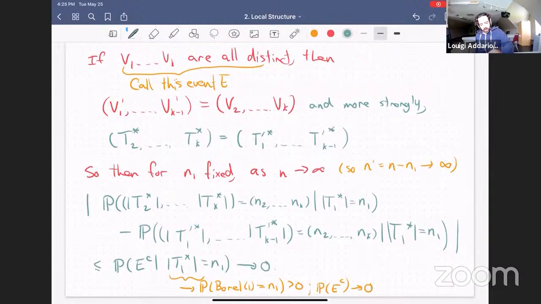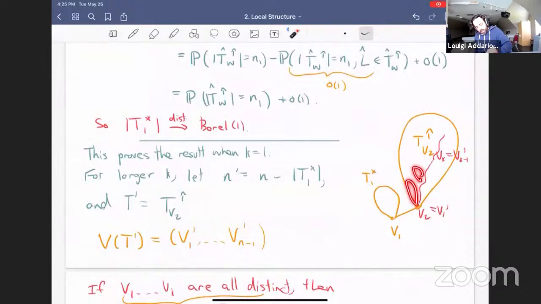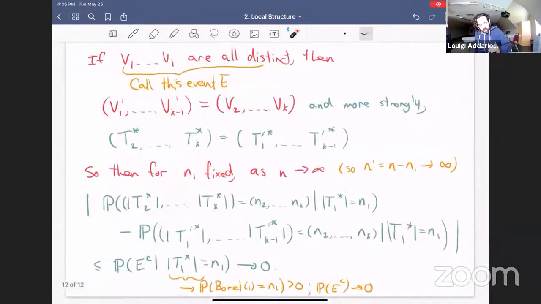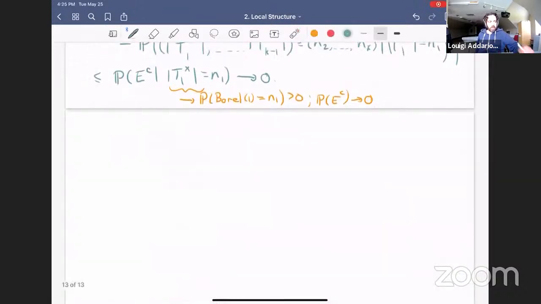So what does this computation do? It says that for computing the probability that we see given k minus 1 given subtree sizes in this tree, we can really just think of the probability of seeing k minus 1 given subtree sizes in a uniform tree of a slightly smaller size. That's the latter probability, and that we like because now we can just apply induction. So since the size of the tree T prime is tending to infinity, then by induction,